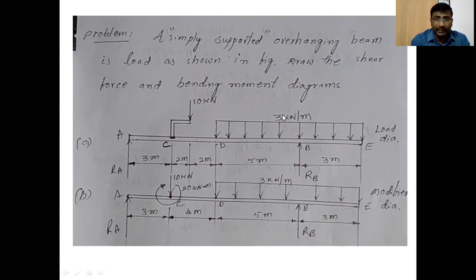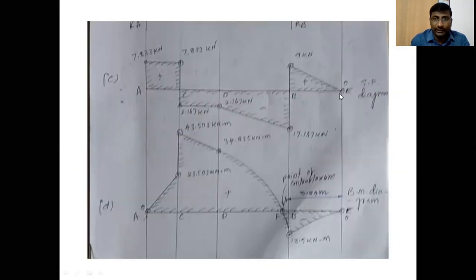That's why we have to draw the shear force diagram by an inclined line. And from C to D, there is no load acting, therefore the shear force is a horizontal line. And A to C is also a horizontal line. Like that, we have to draw the shear force. So the shear force line from E to B is an inclined straight line because UDL is acting, and suddenly it changes from 9 to minus 17.167, so a vertical line.